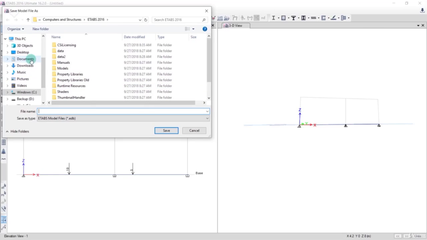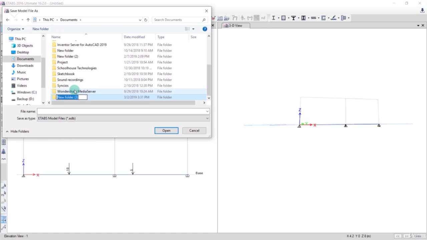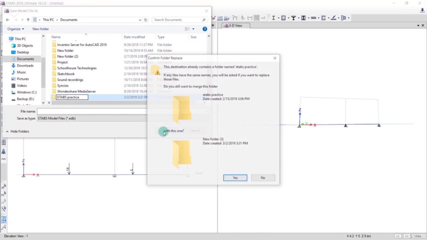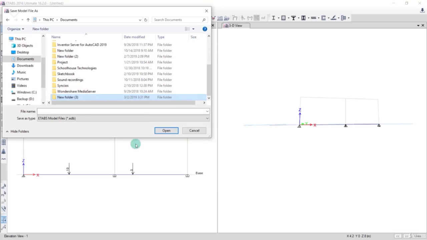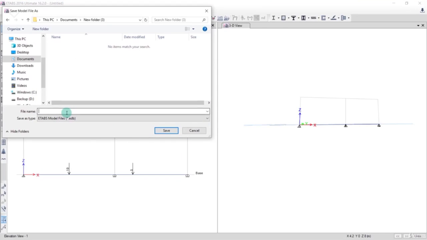Okay, so I'll just go to documents, and over here I'll click on new folder and name it ETABS practice. Okay, and I'll open it. I already have this one. Alright, so new folder 3, and just name it beam